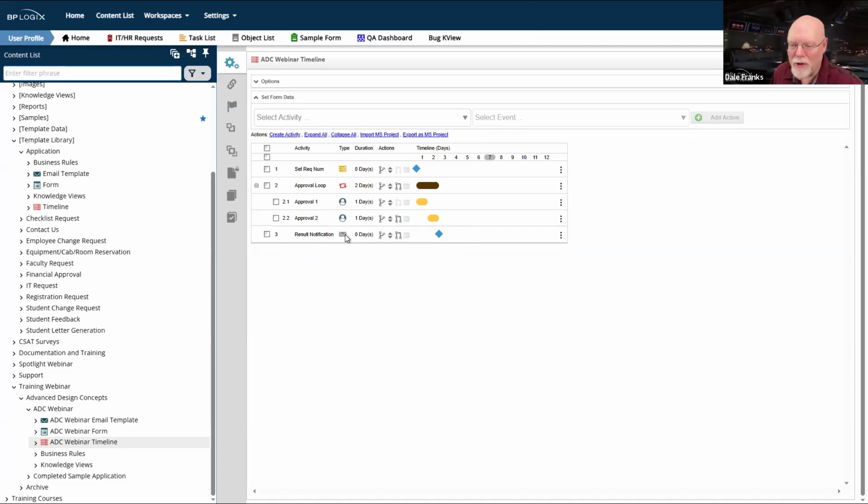So when result notification runs, and result notification is going to be the very last activity for every single process timeline instance that is going to get run for this activity, when it's done, when that notification gets sent, the process timeline ends. It gets marked as complete. You are done. You do not need to throw an end process activity as the very last activity on every process timeline. You are literally wasting your time.